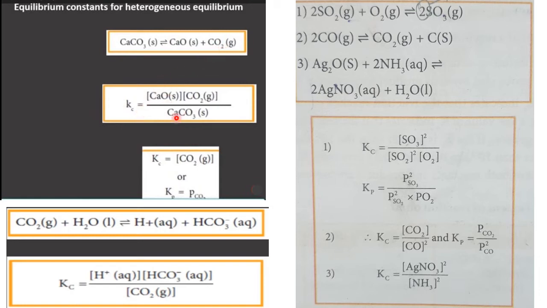Product concentration divided by reactant concentration. What are the products here? Calcium oxide and carbon dioxide. So CaO into CO2 concentration divided by CaCO3. Whenever we are taking